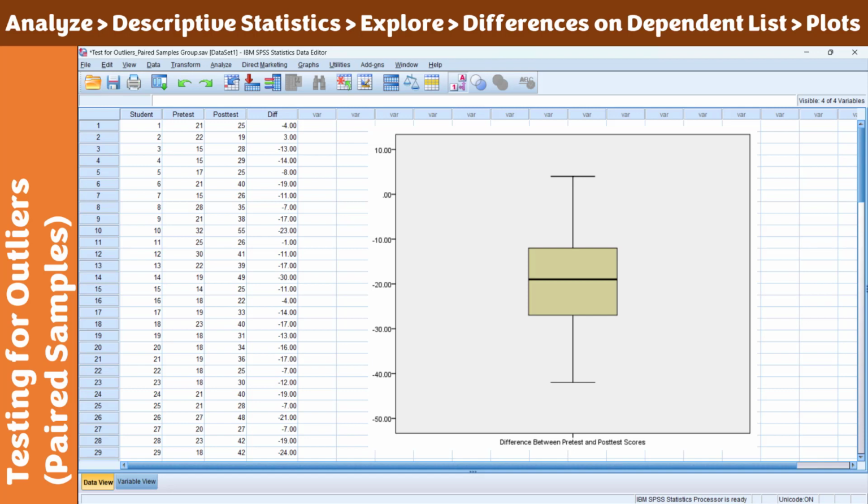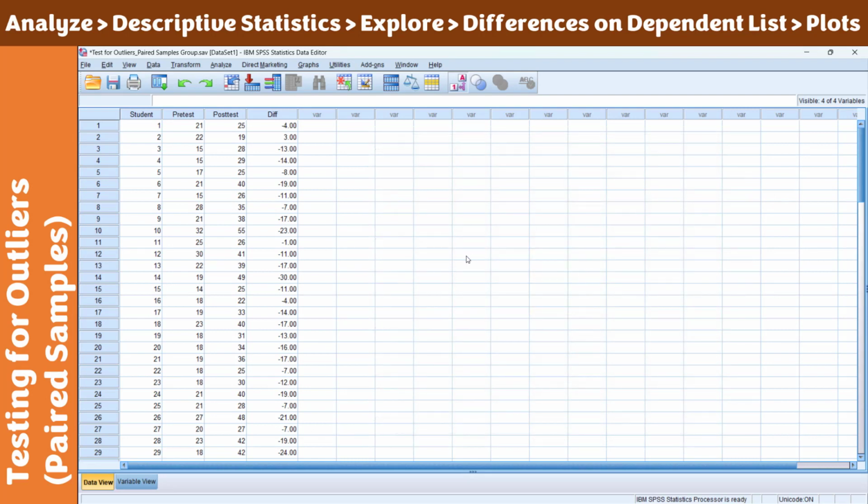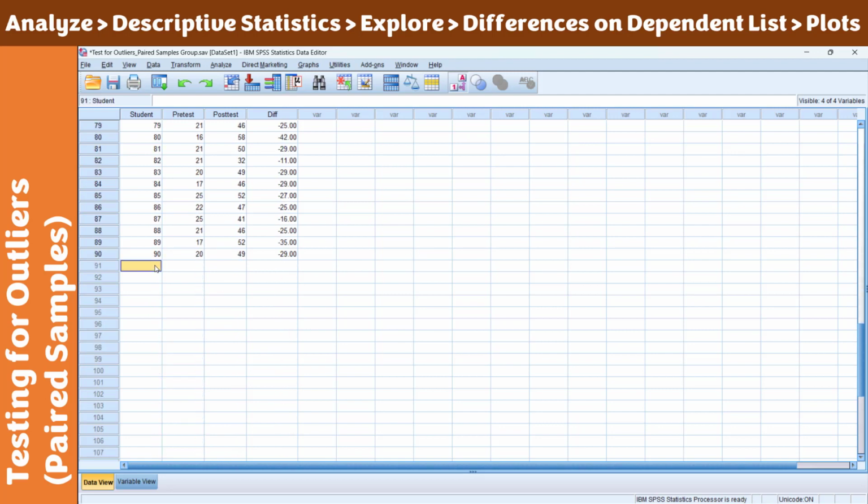Just for the purpose of discussion, what if we add the 91st and 92nd student? What if the pretest score of this student is 10, again just for the purpose of discussion, and the post is 95? You would say that the difference is negative 85, right? You can just simply compute that because it's just one or two students. So it might already be an indication to you that it's very different from all these differences. So this might be an outlier.